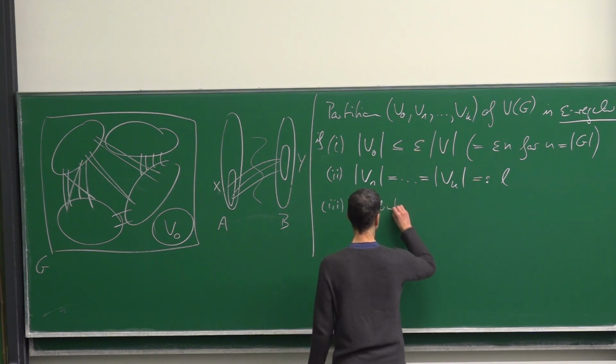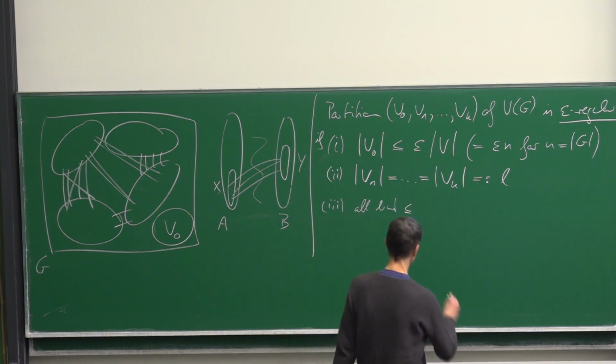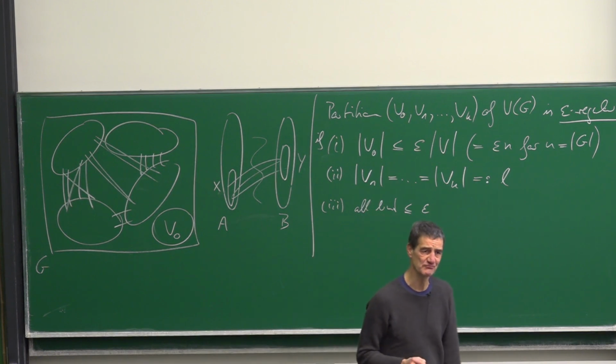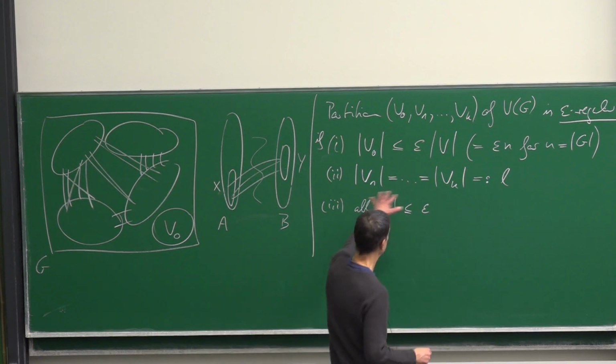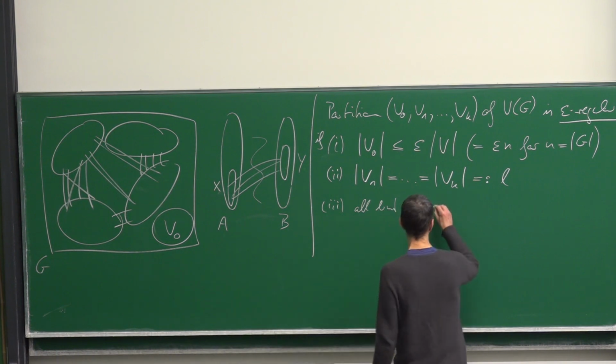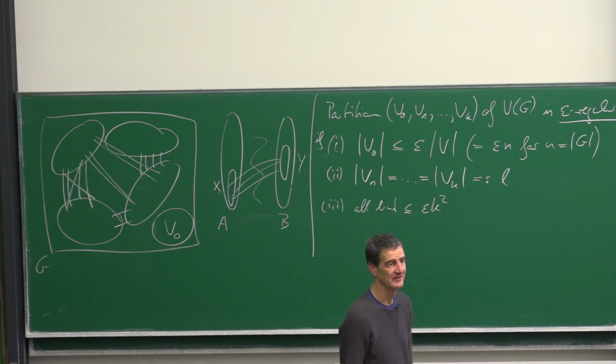All but at most how many? Well, epsilon times the reference quantity. Reference quantity would be k choose 2, right? If we have k sets, and we're talking about pairs of sets, would be k choose 2. Well, by tradition, we use twice k choose 2. Doesn't really matter. It's just a constant, and this epsilon makes every constant small if we choose it a bit smaller. So for all but few of these pairs,